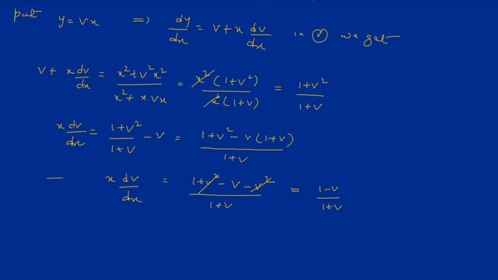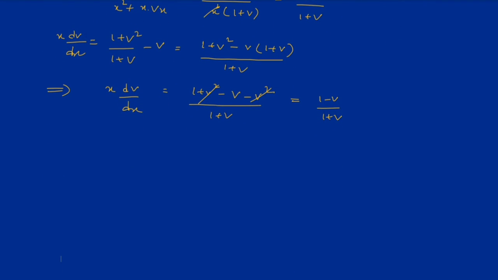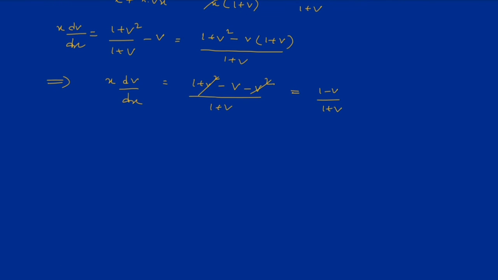So now separating the variables v and x, we get (1 plus v) upon (1 minus v) dv on the LHS, and the RHS becomes dx upon x. Now integrating,